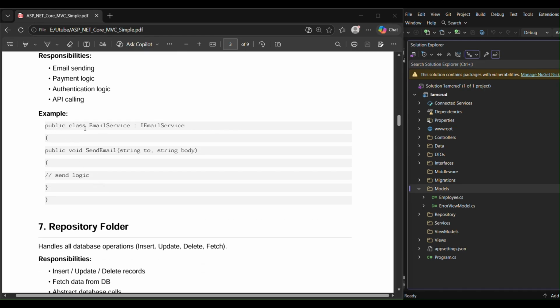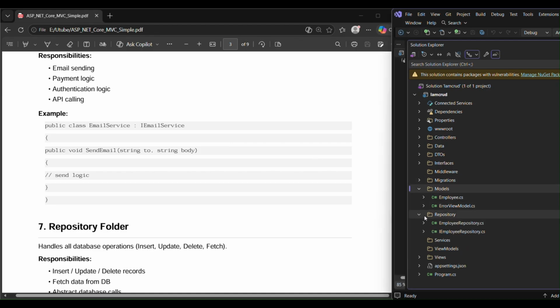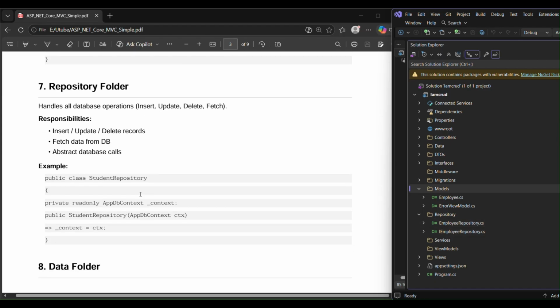Okay, we basically use the repository pattern, and in this video I created a different Repository folder, with EmployeeRepository and IEmployeeRepository. It means I do not pass the data directly to the controller from the data folder's DbContext, but I use the repository to pass the data from the repository to the controller. Okay, now it's a different repository pattern.